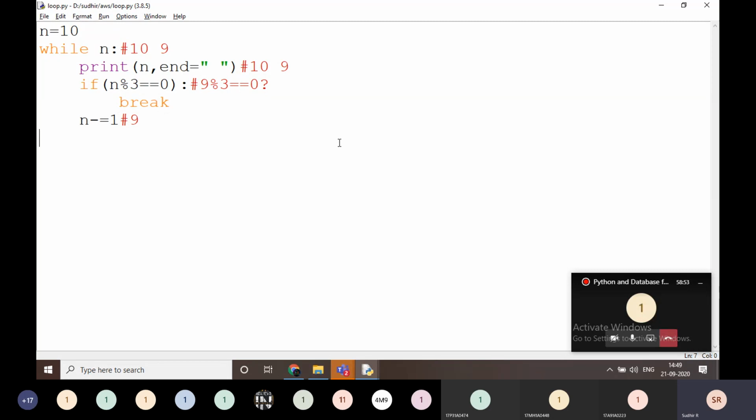The next one is continue. When we use continue, we are going to skip some types of students, for example. Some campus drives are going to be conducted in our campus, right? There are a total of 10,000 students, first year, second year, third year, final year, and different branches also.